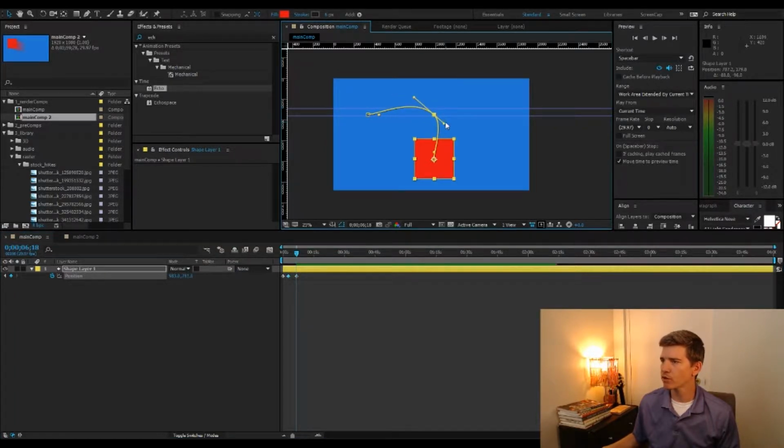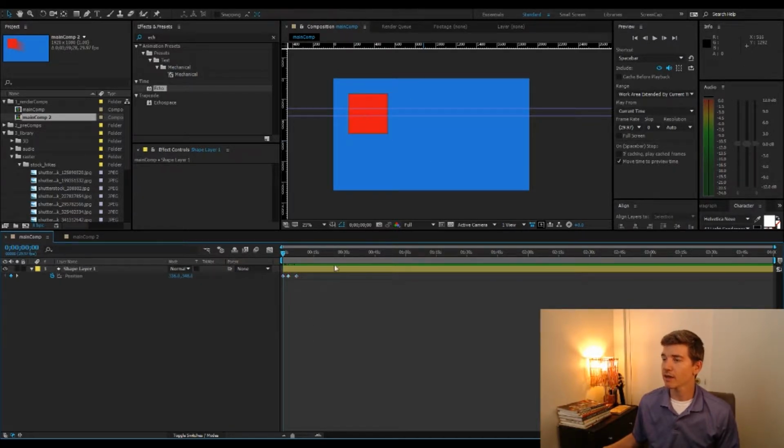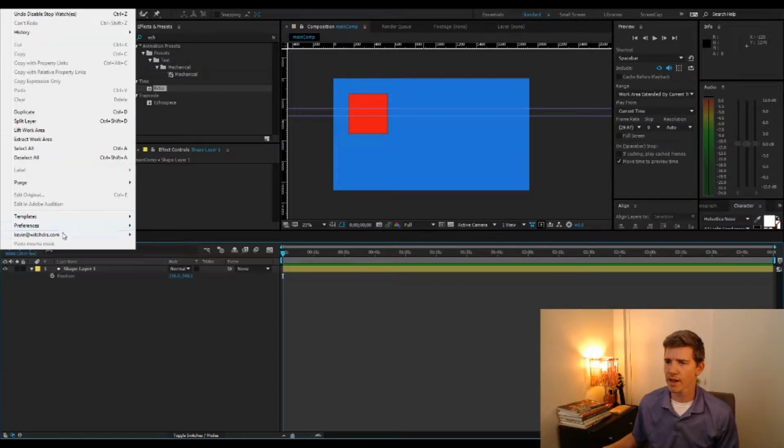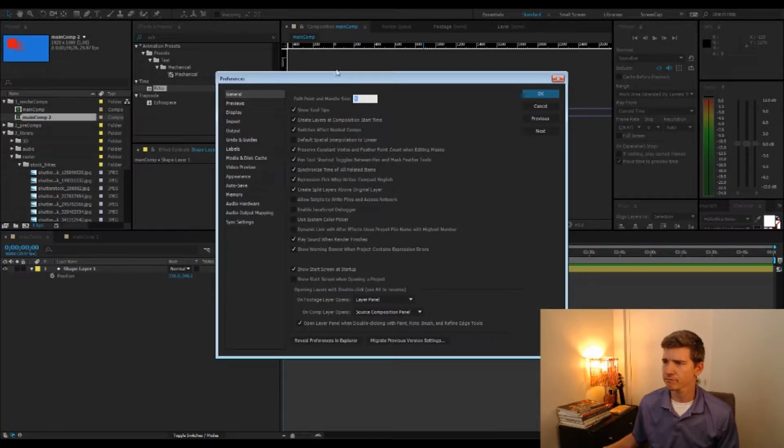And if you were to grab one of these points, you actually have controls, and this is a Bezier path, meaning that this allows you to give a little bit more movement to your path without adding extra keyframes along the way. And sometimes this is helpful, but if you're trying to do what I was trying to do, it's a real pain. So the easiest way, if you go into your preferences under General, there's this thing right here,